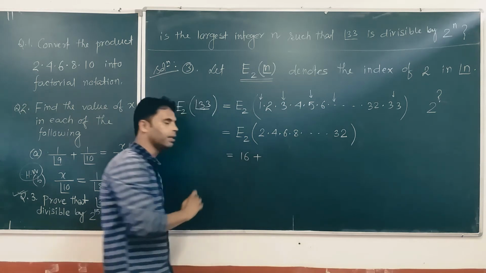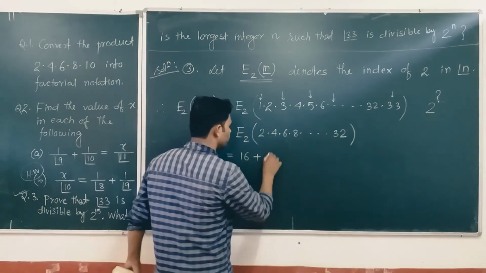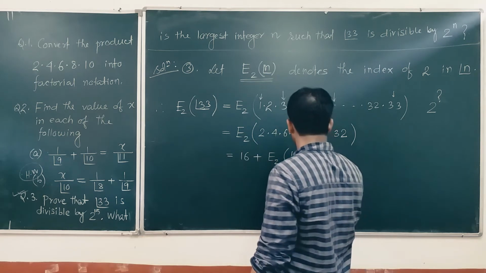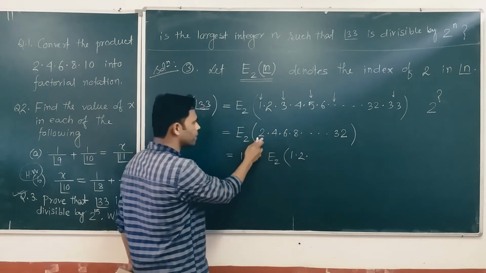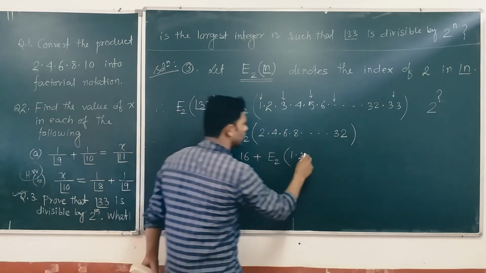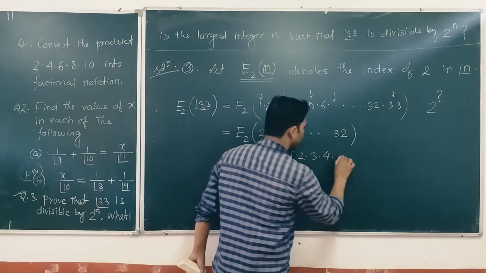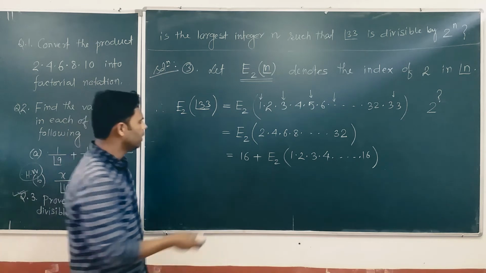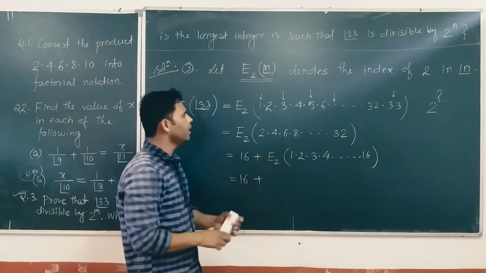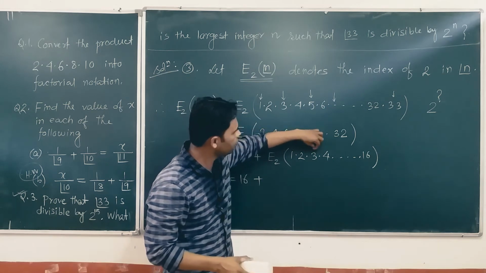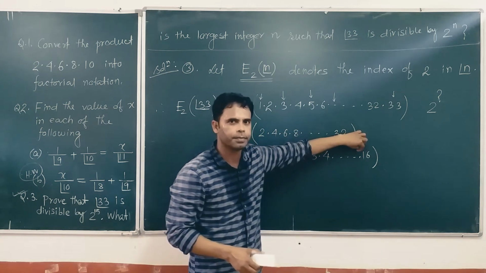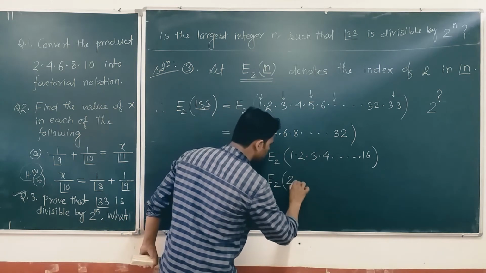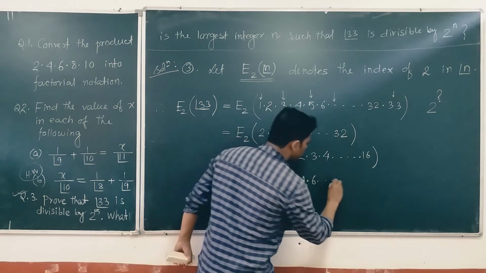2 to the power 16 plus, now exponent of 2 here. Take away a 2 from here, a 2 from here, this is 3, then it will remain 4 and so on, it will remain 16. Then plus again you see there are some odd numbers, 1 3 5 up to 15, so that is why this time also you can write this is actually equal to e2 of 2 4 6 and so on up to what, up to